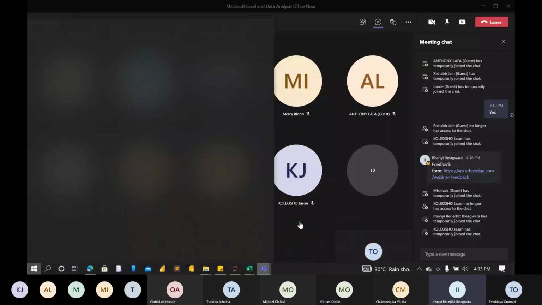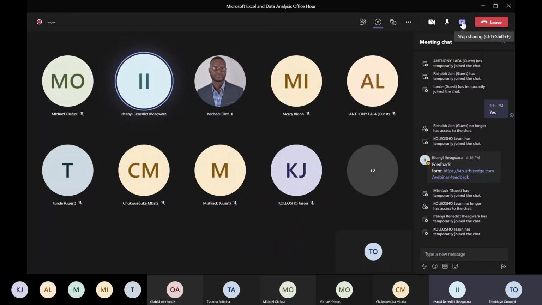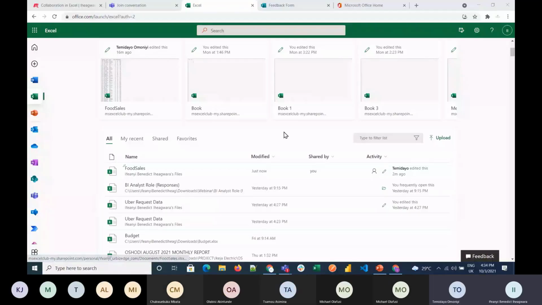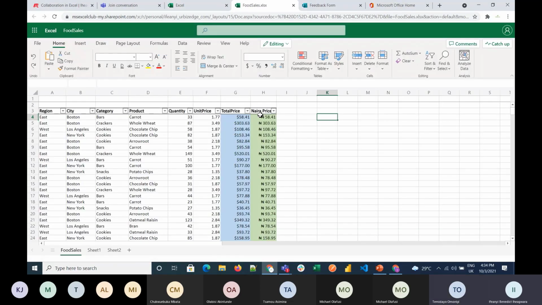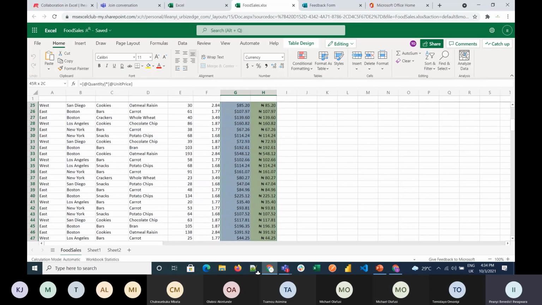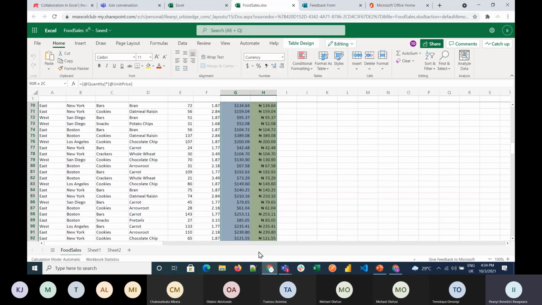Okay. So let me stop sharing now. Okay. So now I go back to the file, which is this. So I've stopped sharing. Benny, you can share now. Yeah, I'm sharing right now. Okay. So you can see all of the changes that we make. I can also select changes.